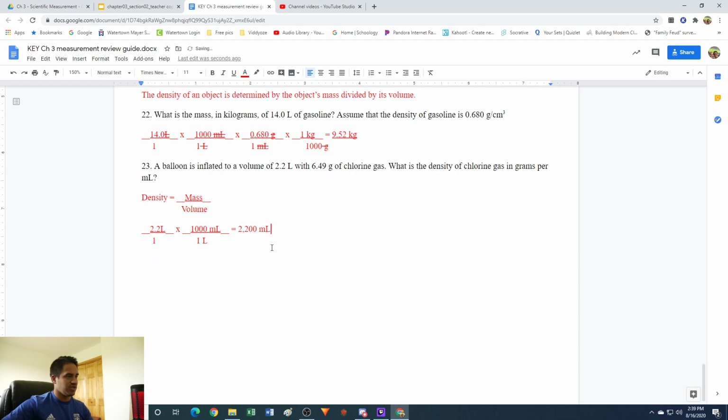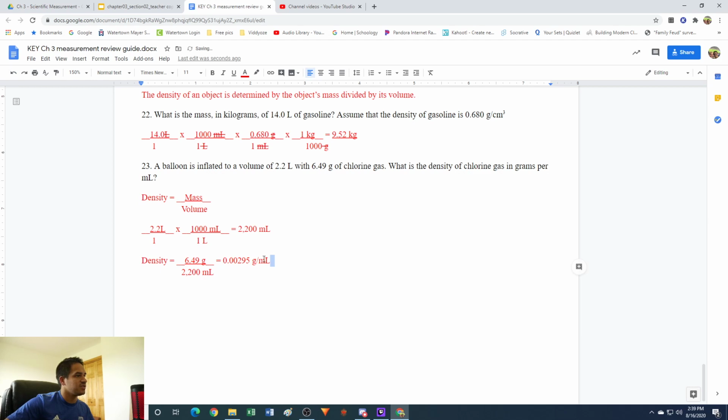And then from there to do our density, density is going to be equal to our mass, which is 6.49 grams, divided by our volume, which is 2,200 milliliters, since they want it in milliliters. And we'll get our answer. So 6.49 divided by 2,200, we get 0.00295. It's going to be grams per milliliter. And I think we need to round it to 2 significant figures because this 2.2 has only 2 sig figs, and currently this is 3 significant figures. So 2 sig figs